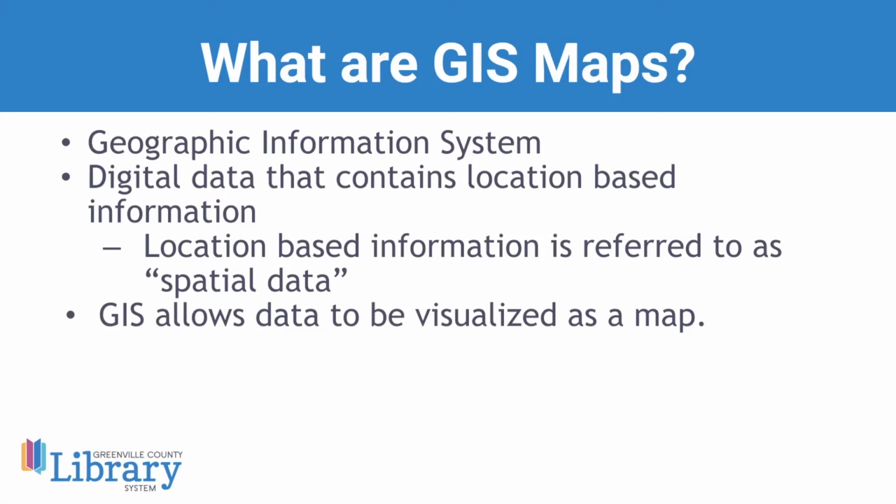And there's so many neat GIS maps out there today. We're going to look at some in just a few minutes, but they really have a wealth of information. They're so neat. It can show many different kinds of data on one map. You can see everything from streets and buildings to vegetation. And it enables people to easily see, but also analyze and understand patterns and relationships using spatial analysis.